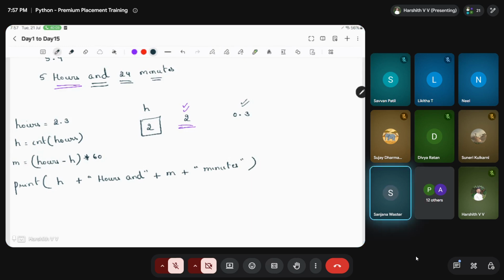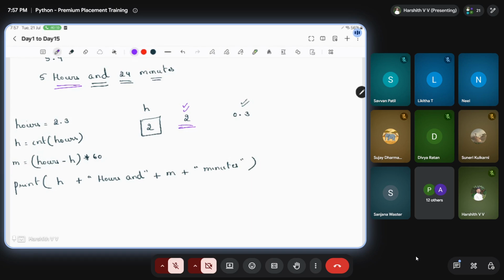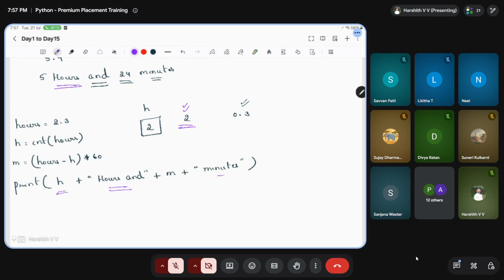No. Why? Because you are trying to concatenate string and integer, string and float. Is it possible? No. We can concatenate only the values of the same data type. Integer and integer you can add. Float and float you can add. String and string you can concatenate. So if you want this code to work, the only option you have is these variables which you have, you need to convert them to